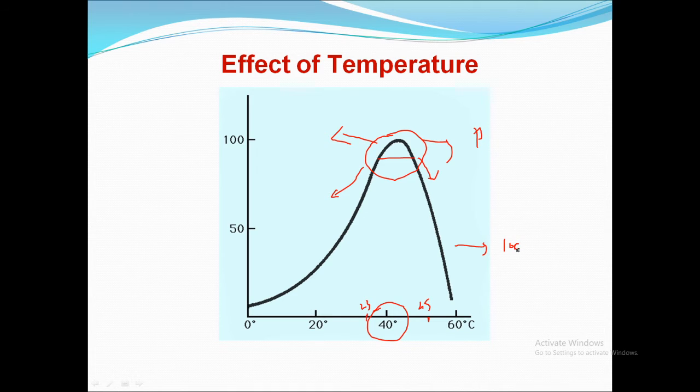There are some enzymes which can act beyond that temperature, and they can act in around 100 to 150 degrees Celsius, and these are found in bacteria, particularly archaebacteria, those living in hydrothermal vents, on volcanic peaks or volcanic craters. They have such kinds of enzymes which can withstand above 100 degrees Celsius. But in nature, most of the enzymes are active within the range of 25 degrees Celsius to 45 degrees Celsius.